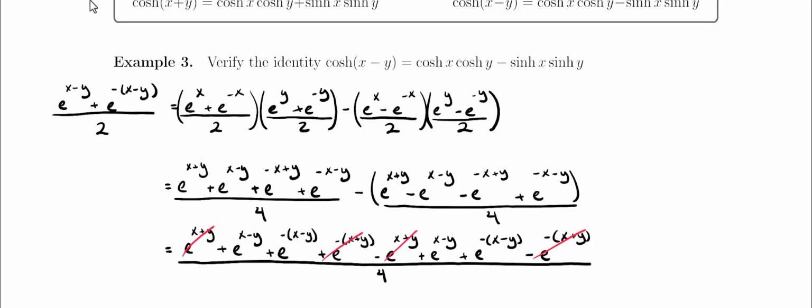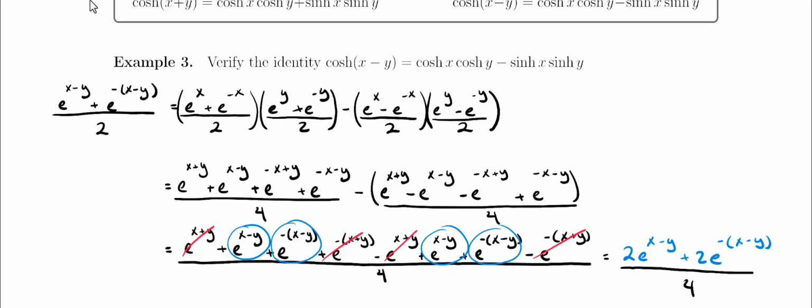And I also see a couple of like terms, namely the e to the x minus y and e to the negative x minus y. So grouping them together, we would get 2 e to the x minus y plus 2 times e to the negative x minus y divided by 4,